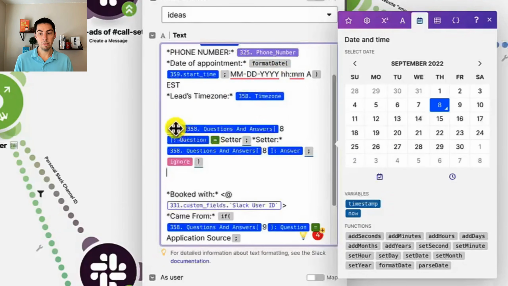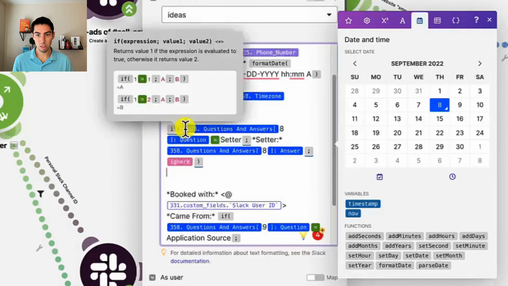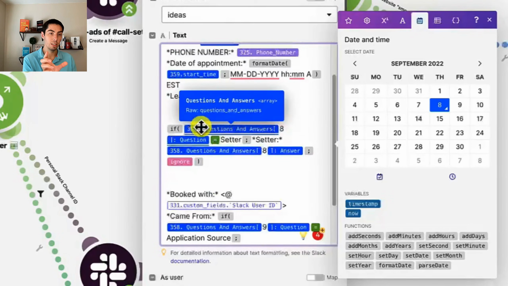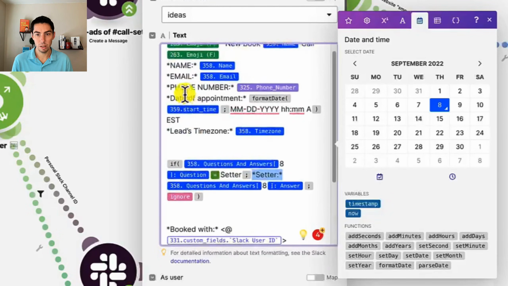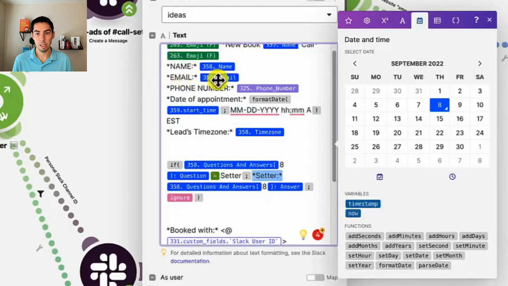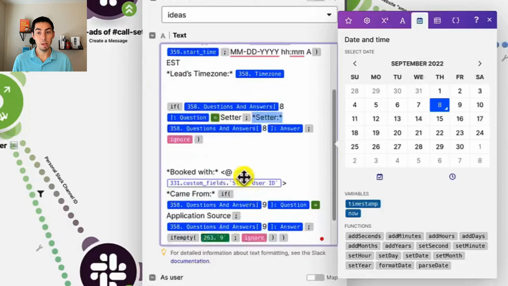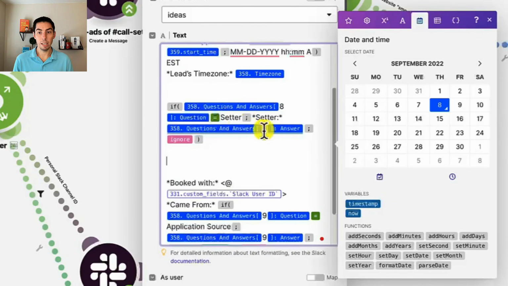For this if-then function, which I use a lot, this one is saying if the question from the first module, question number 8, is titled setter, it's not really a question, but that was labeled as a question on the Calendly, then the output I want to be not just the answer, but I actually put in a label here. So what we have here is name, output the name, email, output the email, phone, output the phone. But maybe people don't select what the setter is. So in this case, the way it's going to look, if the question is setter, then the output here is going to be